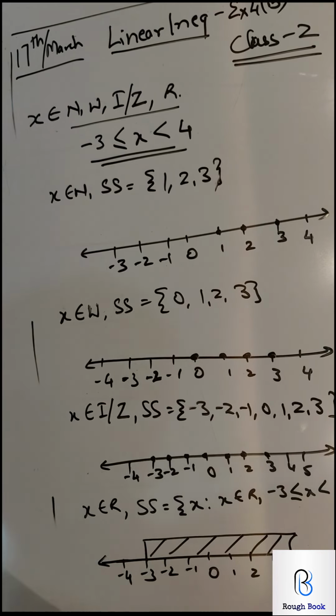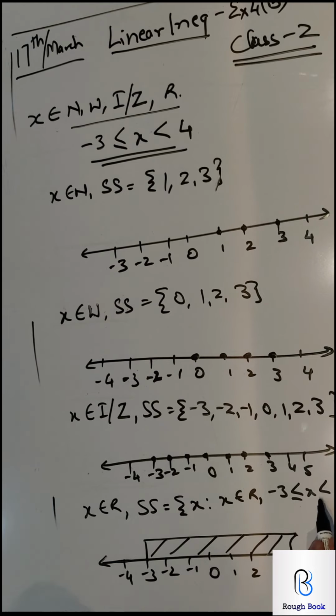Now x belongs to R, we need to understand slightly better. If both were inclusive, let's say if this also was inclusive, then I would have done this also as I. If both were not inclusive, then both would have been C. This is a proper C and this will be an inverted C. That's how we do it. So it depends on what your signs are. If it is inclusive, I repeat, you have to draw I. If it is not inclusive, you need to draw C.